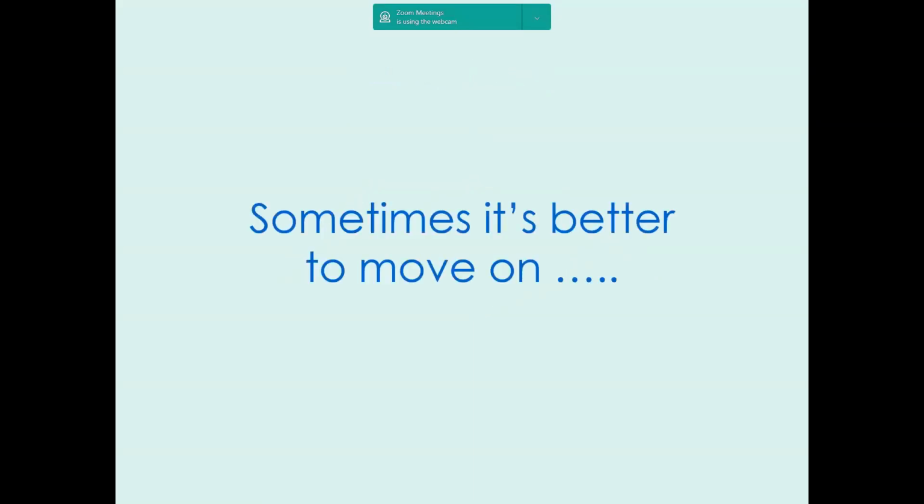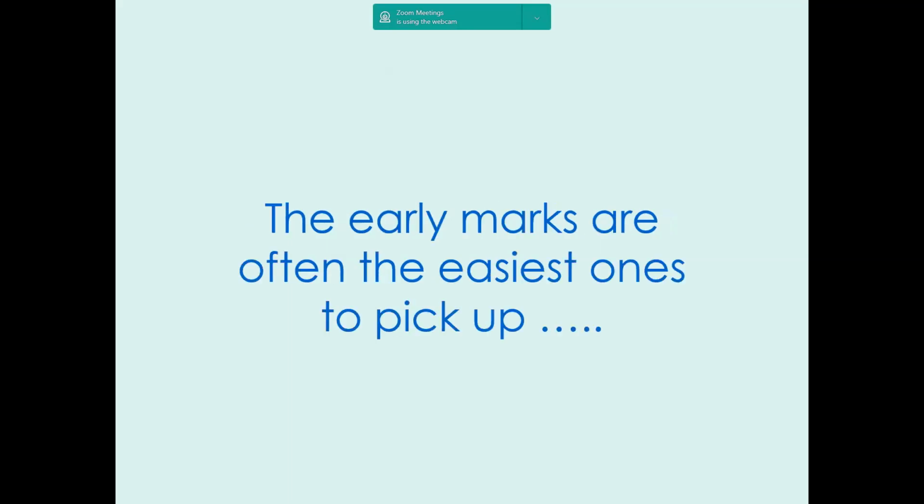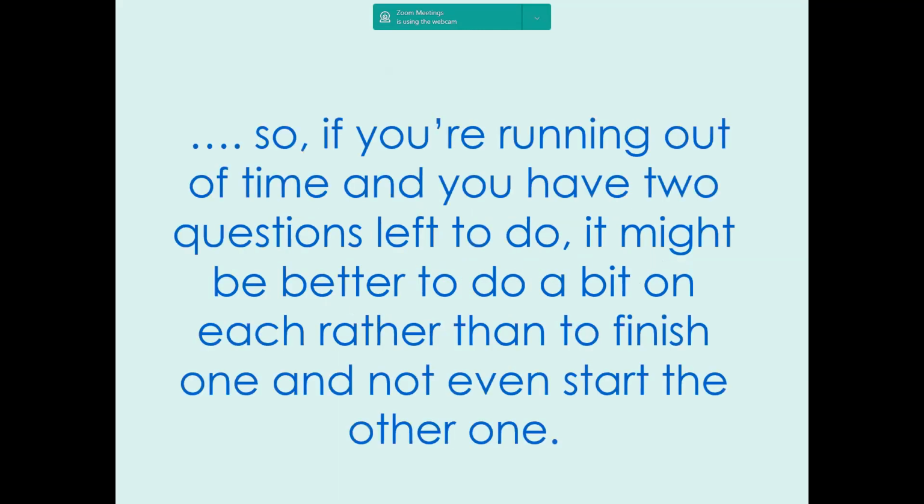Sometimes it's better to move on. What do I mean by that? Well, for most questions, whether they're short answer questions or longer questions, the early marks are often the easiest ones to pick up. So if you're running out of time at the end of the exam, and let's say you've got 2 questions left on that paper that you haven't had a chance to look at yet, you know you haven't got time to do them both completely, then it's